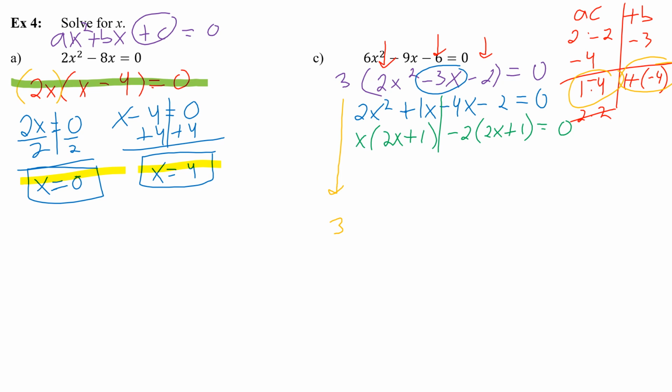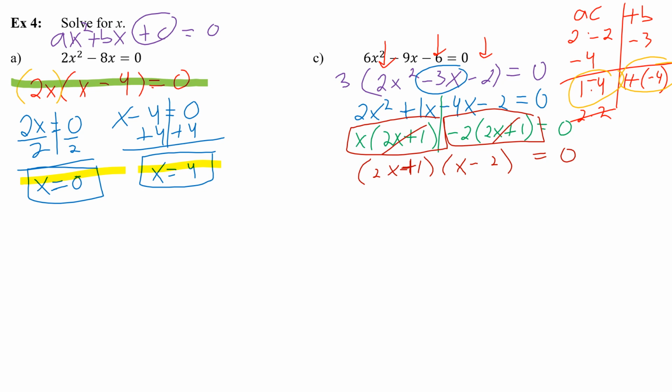Now, they both have 2x plus 1 in common, so I can factor that out from both. Factor that out, whatever is left forms its own parentheses. x minus 2 is equal to 0. Okay, so all I'm going to do here, I brought down this 3. I brought it down a little bit too far. That 3 is still part of our answer. Okay, so at this moment right now,